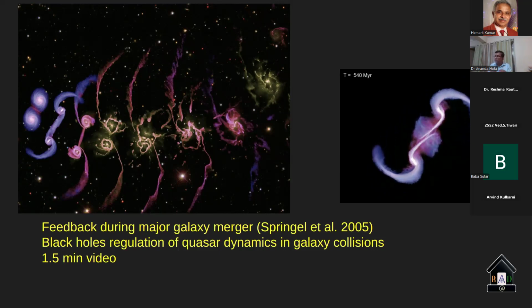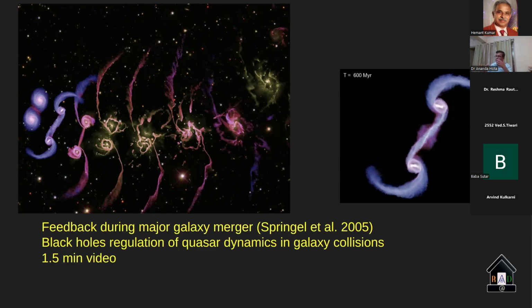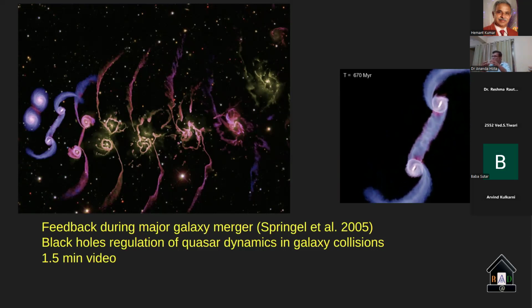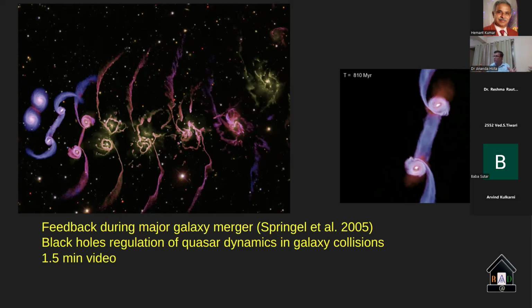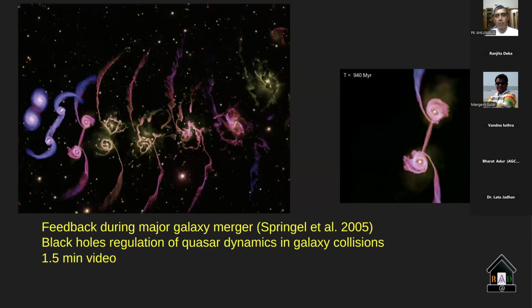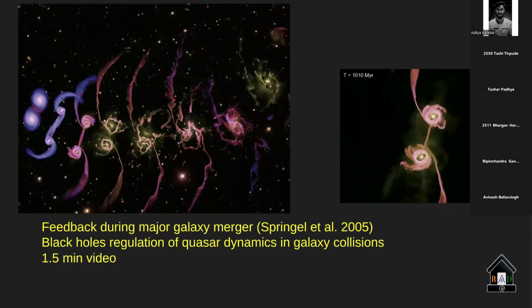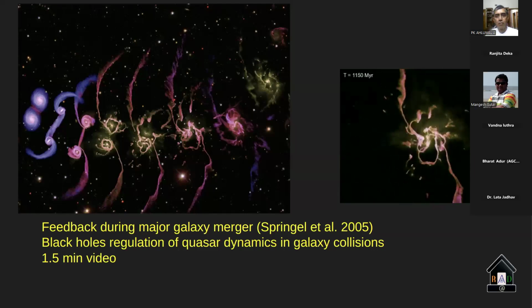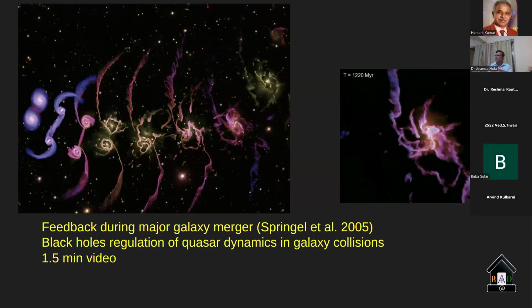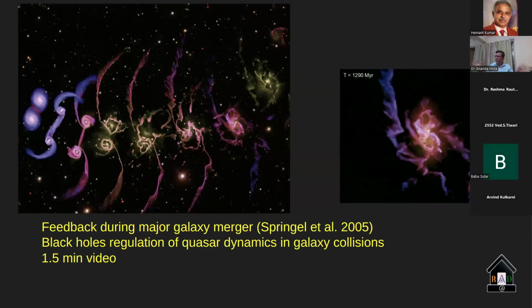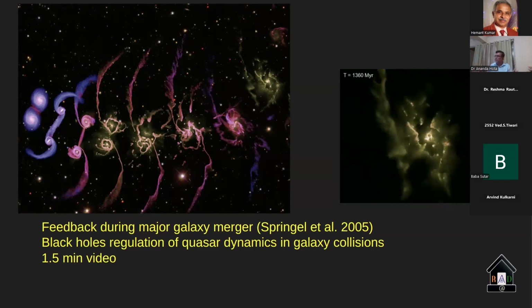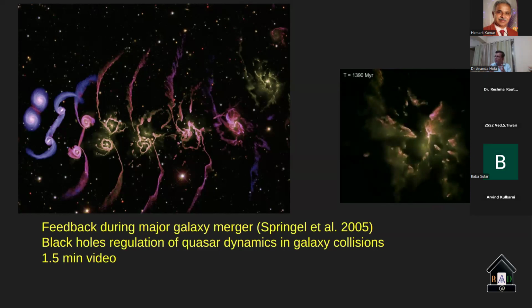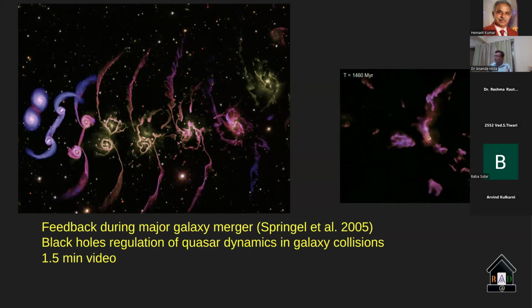And those new stars blow up in supernova explosions. For example, now you can see the green color gas is blowing out from the center of each of the galaxies. Because of the supernova and the stellar wind, it is blown. And when the two galaxies finally merge, the same thing will happen again. Because of radiation from the black hole accretion process and because of supernovae, the cold gas of the merger remnant is blown apart. So in the process, the remnant galaxy does not have cold gas to continue forming new stars.